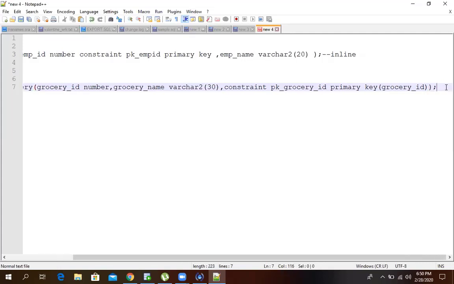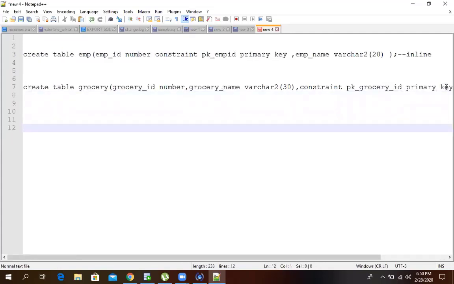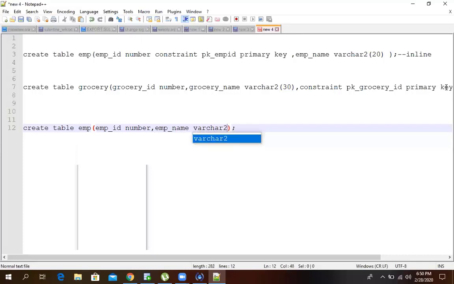Now I will give you something. You people discuss with each other and let me know what about this, whether it is an inline or out of line.